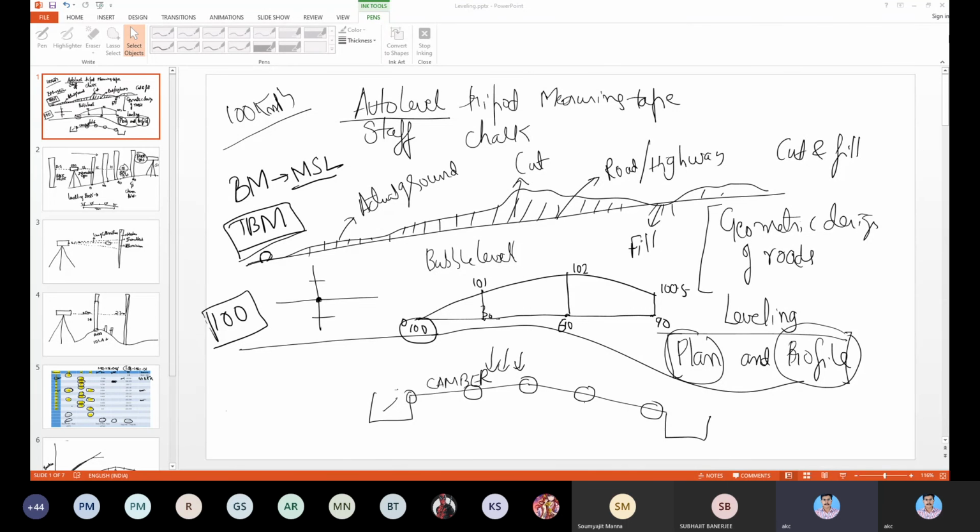Now, since you know the profile for everything, you can join them also. Let's say if you're doing a 3D drawing, you can join them. You know from 0 to 20 it is rising ground. Just imagine in 3D, from 0 to 20 it is rising ground, right? And you know the profile, right? You can join them. It gives a 3D appearance also, which you can try in AutoCAD if possible.